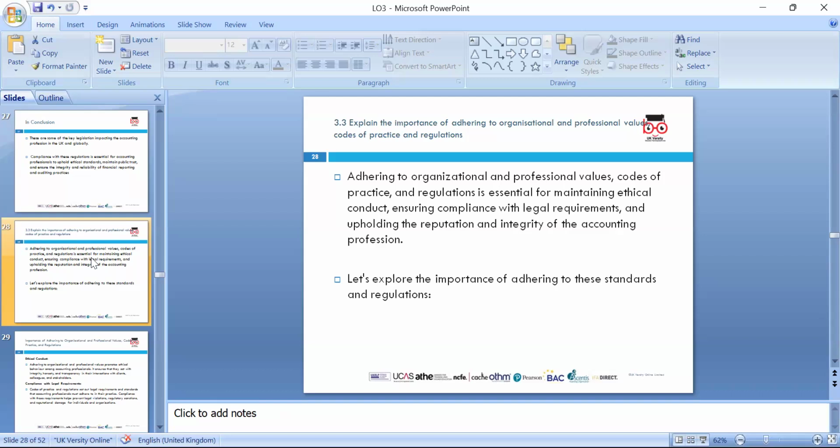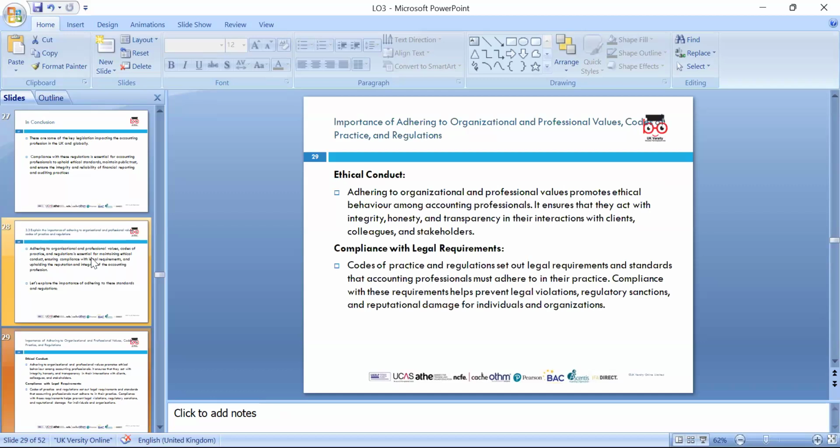So, explain the importance of adhering to the organization's and the professional values and the codes of practice. We can look at organizational and professional values. We discuss five professional codes of conduct. We have to ensure compliance with legal requirements and uphold reputation and integrity. Let's explore how we can enhance it. So we have an ethical standard,